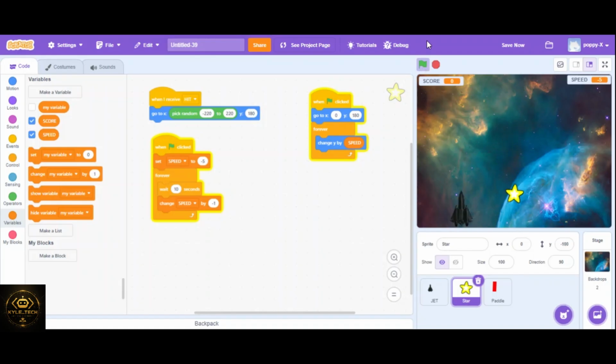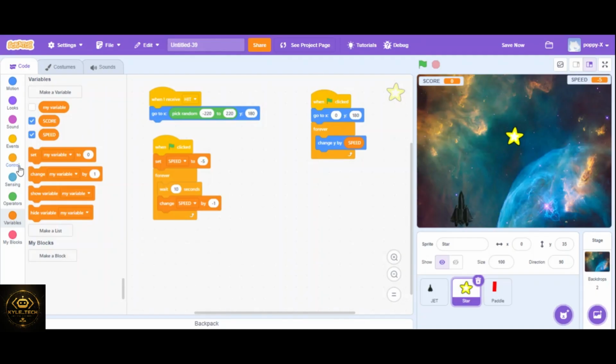Now you see it's falling, it says game over. If you hit it, you must avoid it like that. If it hits you, it says game over. No, we need it to fall down, so it's not yet complete. That's why it's bringing all those things. So the next one, so that it can be complete, we are going to use a change